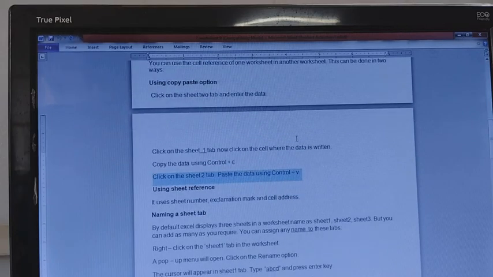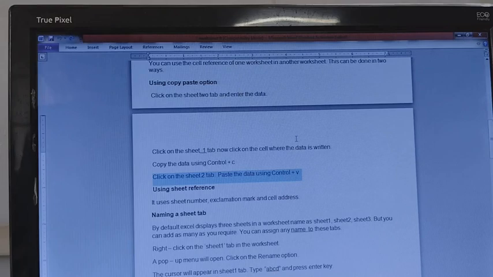We have learned this various times from junior classes, how to copy and paste data with the help of the shortcut key Control plus C. You can copy your data and wherever you want, in the particular sheet or in another sheet, you can paste the same data by using Control plus V. We have discussed Control plus C and Control plus V several times.